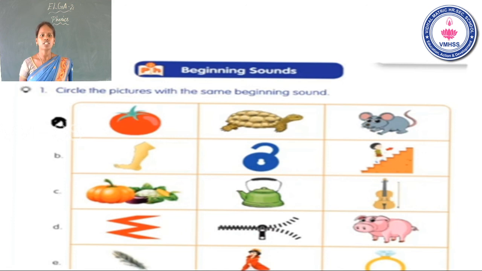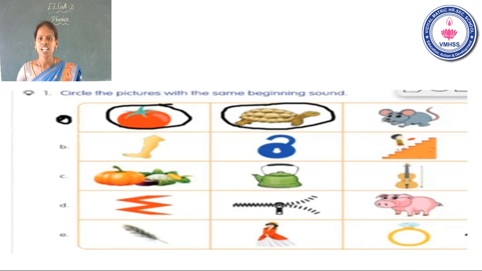Okay. Now show the slide. Students, see the slide carefully. Okay. I circle the two pictures. The two pictures have the same beginning sound. The sound is ch. Okay. The rest of your activity, please do this. See the picture carefully, say the words and find the beginning sound. It's clear? The first one is already done. Look at the slide carefully, students, and next you will do this.